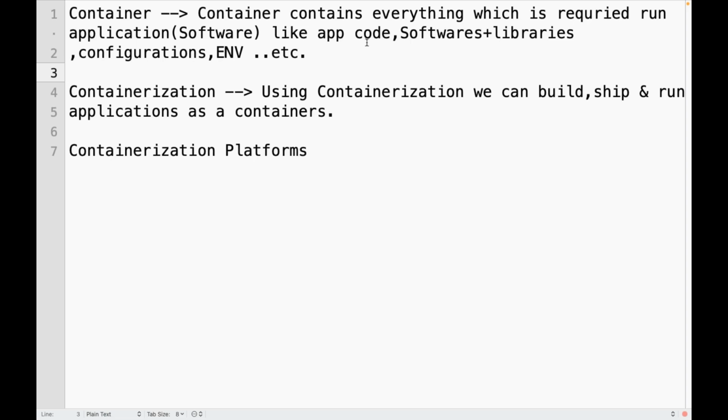Similarly, you packed your application code, software, configurations, and environment as one package, under one box. If you deploy that box on a local laptop, a data center server, or a cloud server, do you have a consistent environment? If that container works on your local laptop, it should work in other environments and servers also.